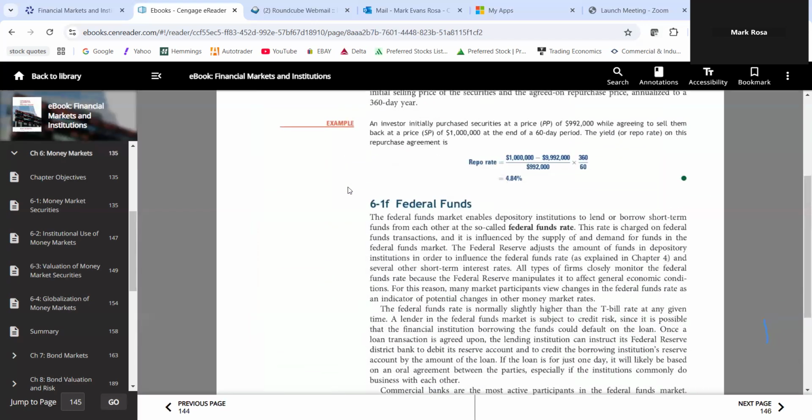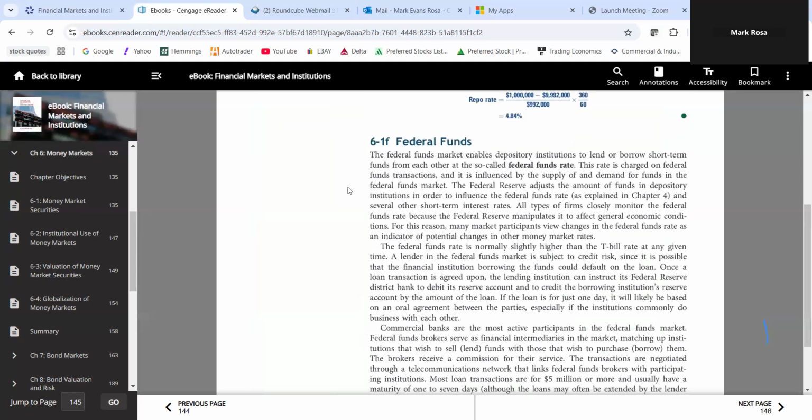Right, Fed funds. All right, so the Fed funds market enables depository institutions to lend or borrow short term from each other at the so-called Fed funds rate. So again, it's the interest on loans from one bank to the other. And the language that's normally used here is overnight loans,